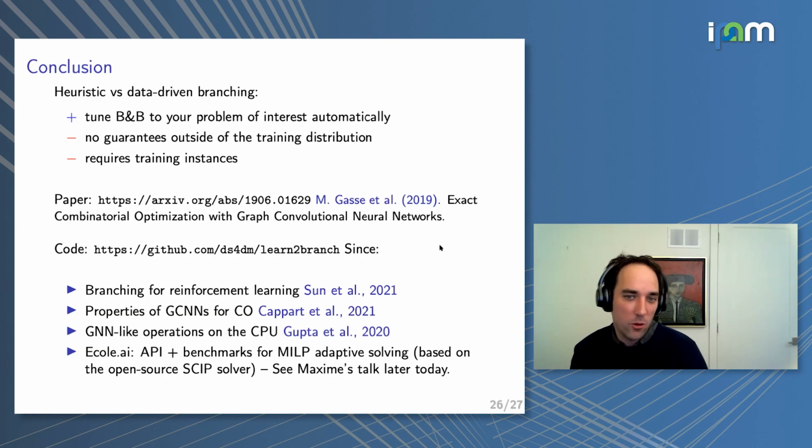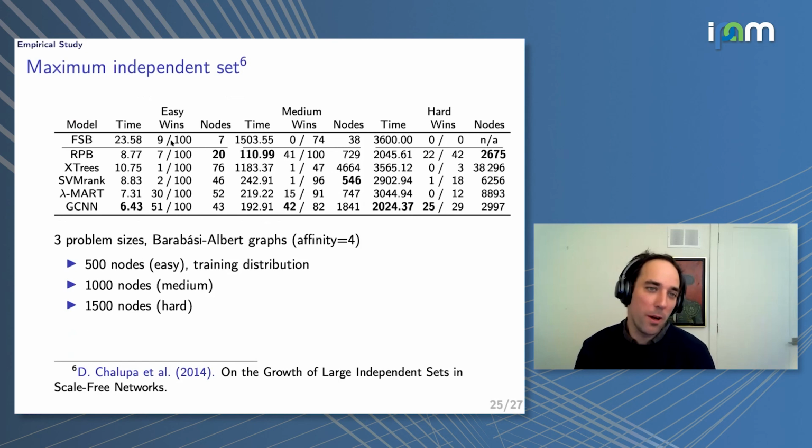I also want to mention, in finishing, some more recent work. There's recent work that uses some of the ideas but proposes a reinforcement learning approach. This does seem like a natural next step, although as far as I understand, we don't necessarily have a reliable reinforcement learning system that outperforms this sort of imitation learning setting everywhere. There's also interesting work by Didier Chételat and colleagues on trying to explain some of the properties of GCNNs for combinatorial optimization.